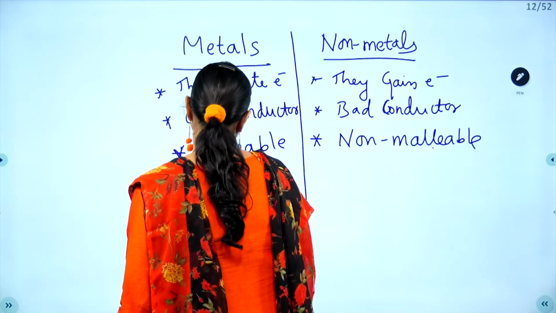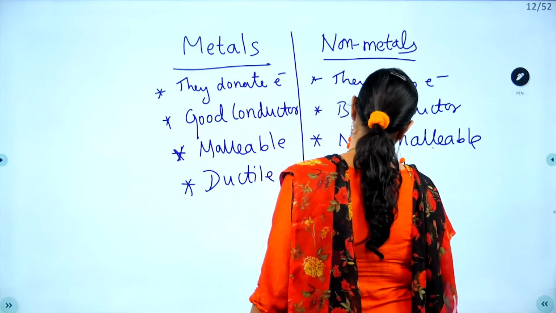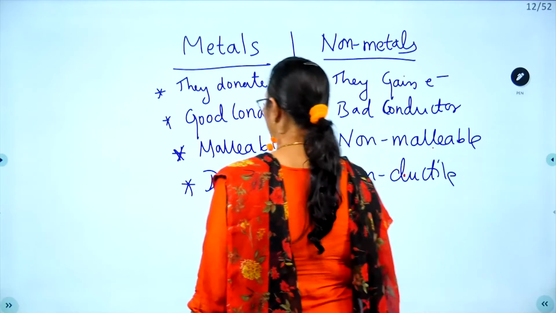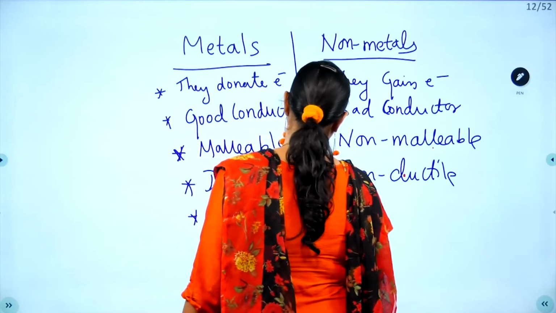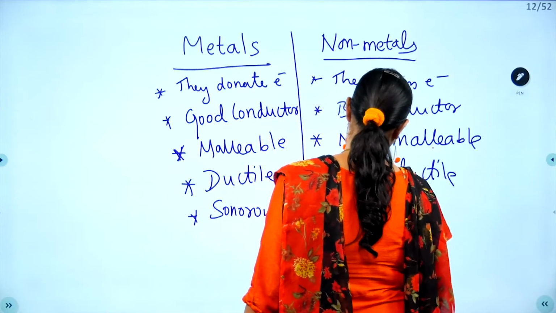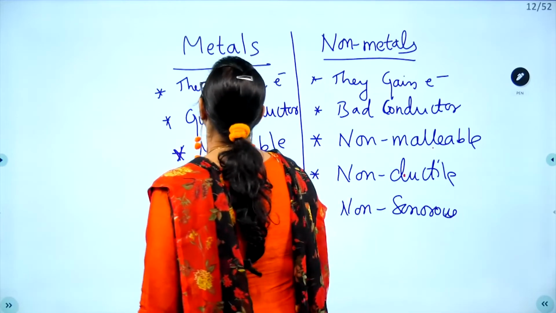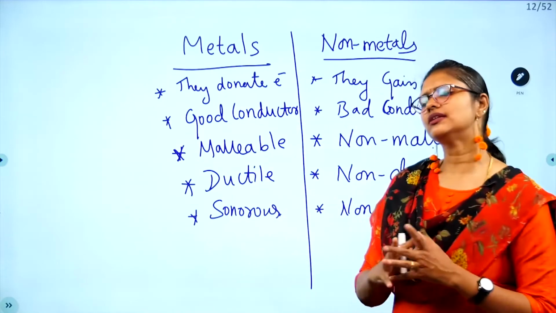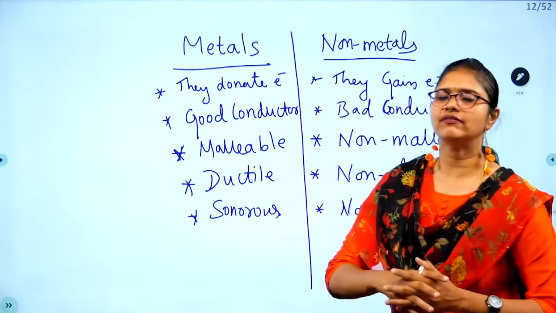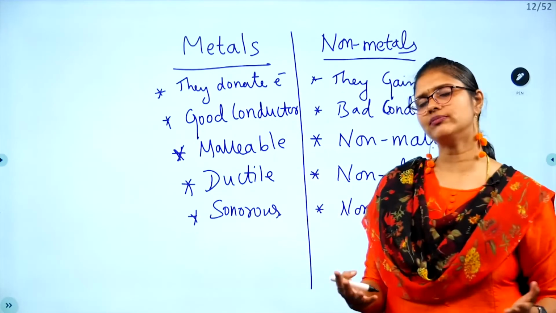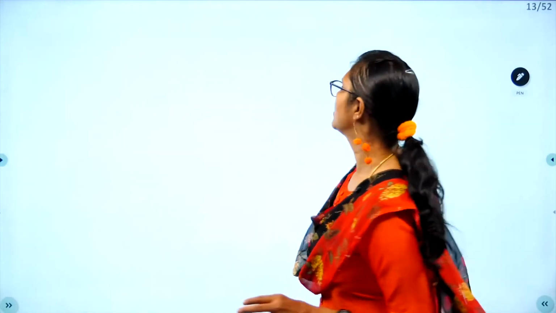Metals are ductile, non-metals are non-ductile. Metals are sonorous, non-metals are non-sonorous. So these are the important differences. The proper definition is: metals generally lose electrons, whereas non-metals generally gain electrons. Now we are going to see